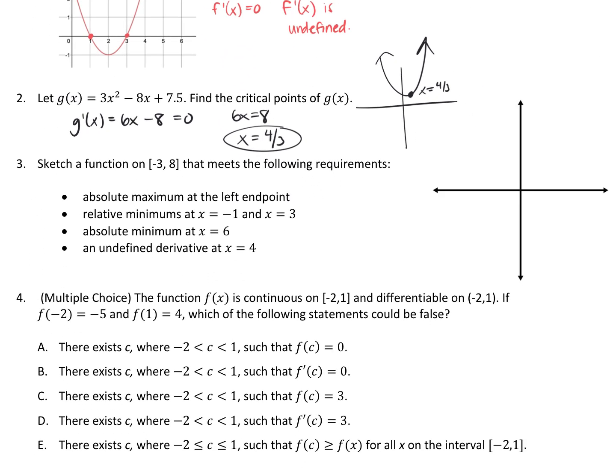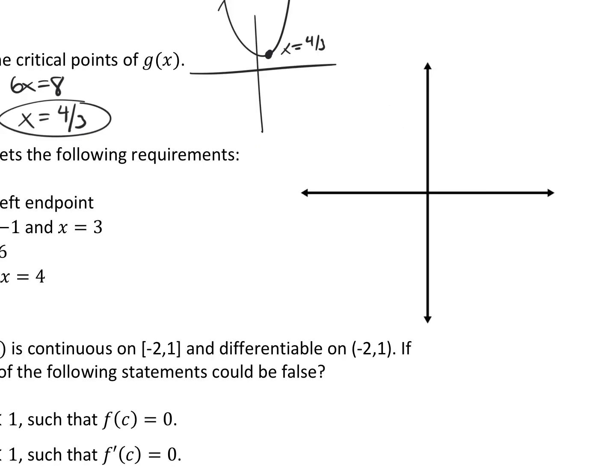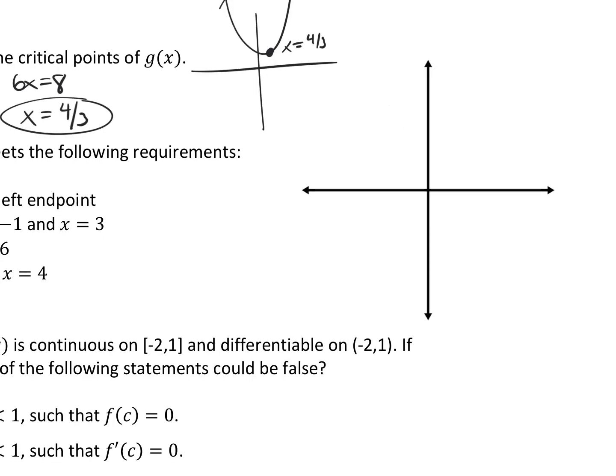All right, last thing to make sure that we all understand what's going on here is I want you to all try and sketch a function on the interval from -3 to 8 that meets the following requirements. So it has to have these 4 things on your graph. We are not doing number 4 because we have not talked about the mean value theorem yet, so you can't answer that question. So go ahead and try out number 3. Draw a graph and check with your neighbor, see what theirs looks like, and then I will give you an example as well. The important thing is that it has to be starting at -3, and then it has to